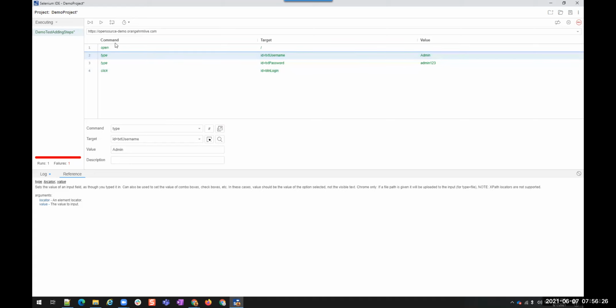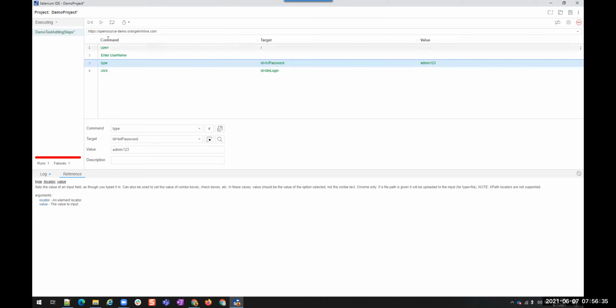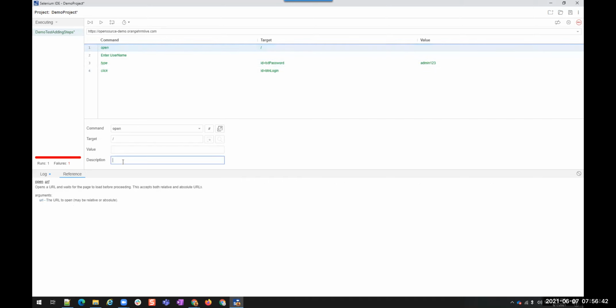And then you don't want to see all this information, you just want to see what you are doing in this step. You see, the actual implementation is being hidden. You are seeing enter username. You can create test cases like this by mentioning the description.